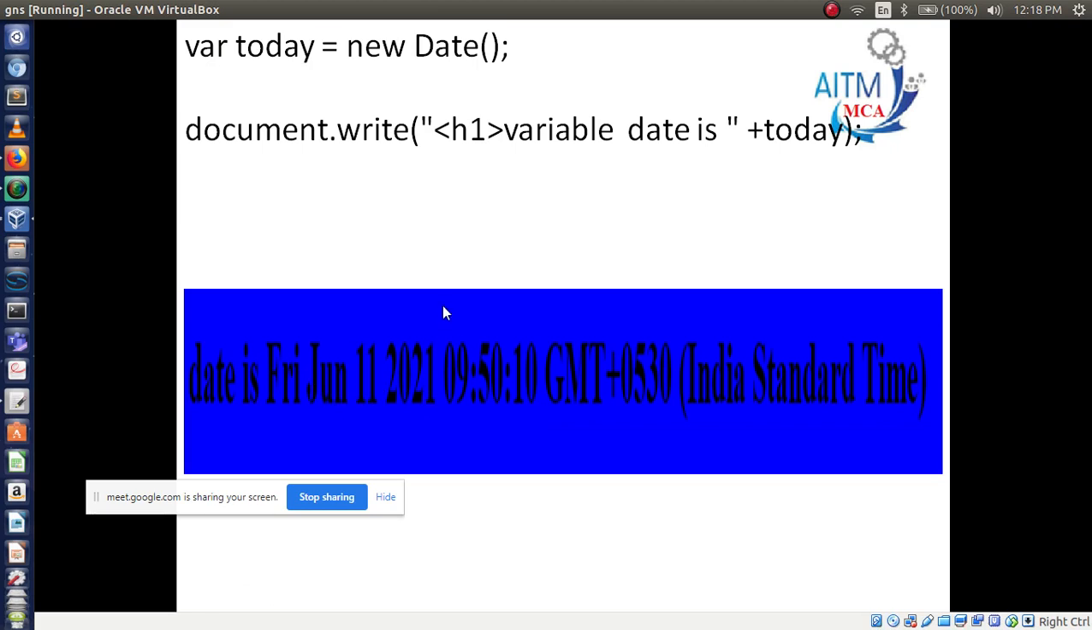So I have executed this code on the 11th. Don't confuse, today is the 15th and sir is displaying the 11th. No, I have executed this code on this date. Is it clear, all of you? Okay. Now